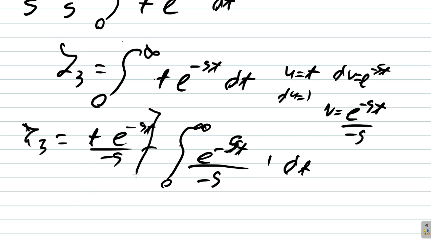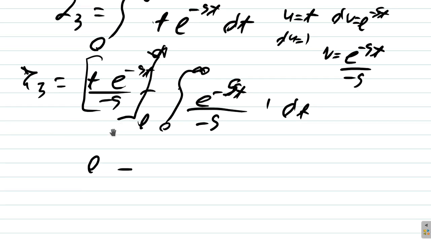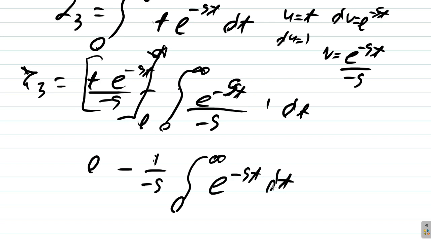So we have this going from 0 to infinity, and just as before, this will amount to 0 minus, now let's factor out negative s, put it behind the integral sign, so it's minus 1 over negative s times the integral from 0 to infinity of e to the negative st dt. Alright? Now, this negative here, we're going to cancel this negative. So with what we have,